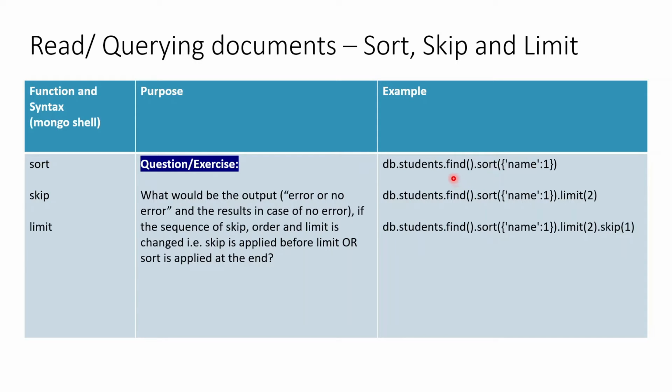Sort does not have any dependency on skip or limit. So if I want to sort all the students which are going to be there in my result, I can specify the field name followed by 1 means ascending order. If I apply 0 here, then it means these results will be returned in the descending order. The next function is